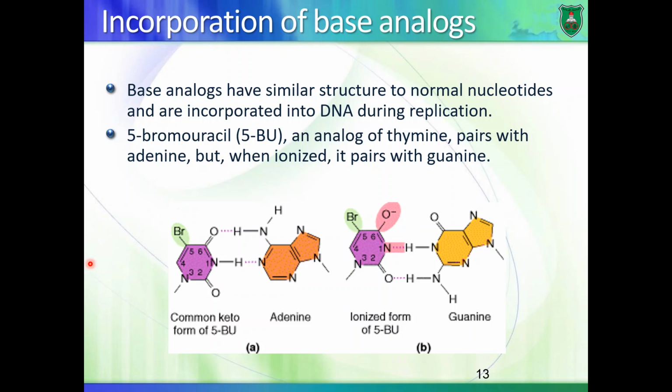An example is 5-bromouracil. So this is 5-bromouracil right here. Now 5-bromouracil is an analog of thymine. It looks like thymine, right? So, except that what happens here is that 5-bromouracil can base pair with adenine. So the DNA polymerase starts to synthesize DNA. It looks at 5-bromouracil and it adds it to DNA, thinking that it is a thymine, right? So no problem so far